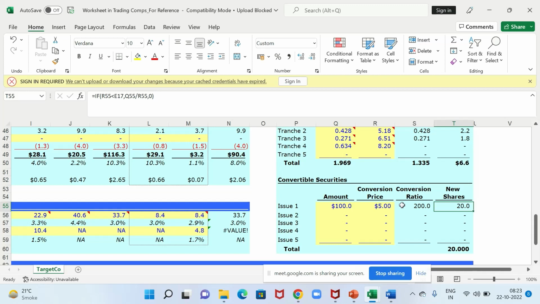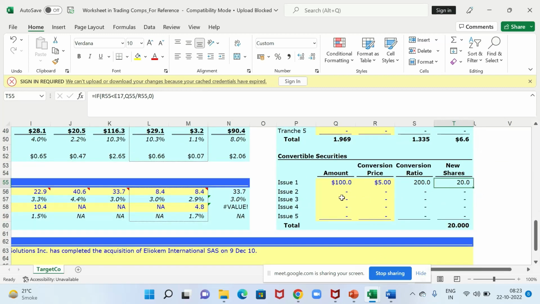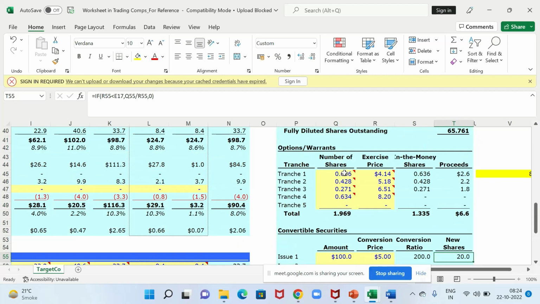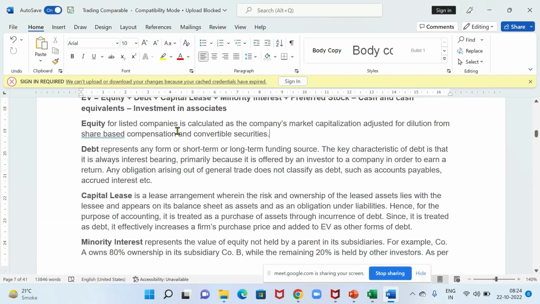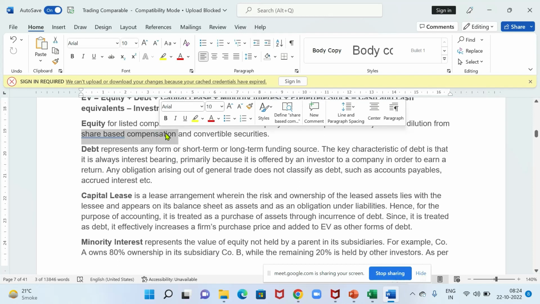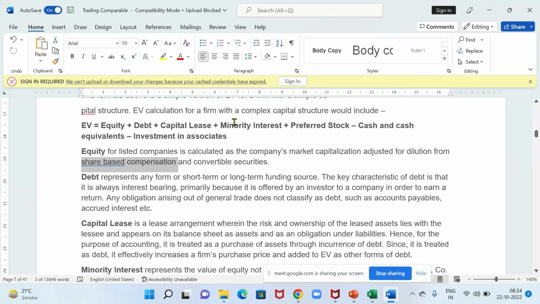Now remember one thing. This is for convertible. However, if this would have been say share options, let's do one thing. I'll discuss on the share option because in the share option I'll have to tweak this formula with one another small equation I'll add up. I'll just discuss that later when we discuss on the share based compensation. It's another session for share based. I'll just quickly elaborate on that once we are through with this equation